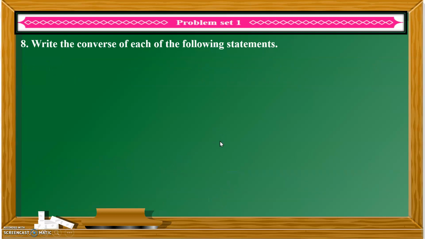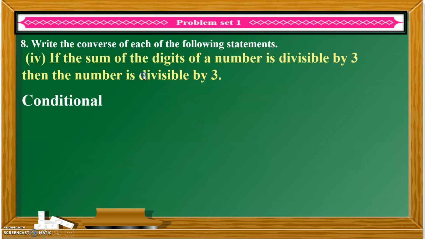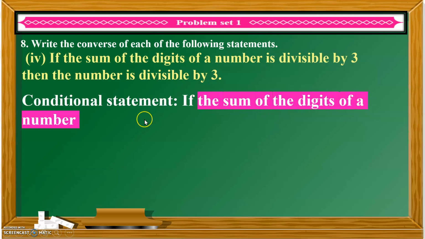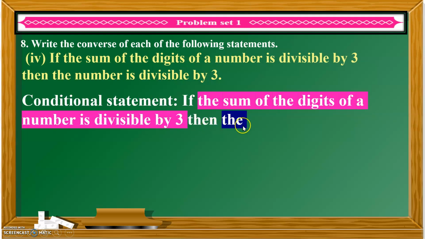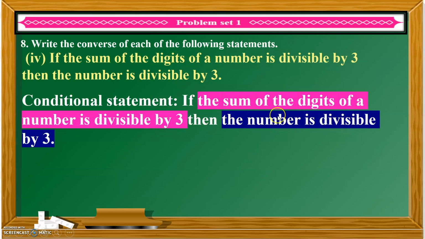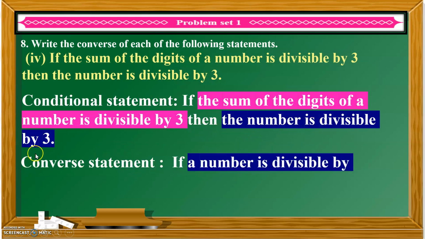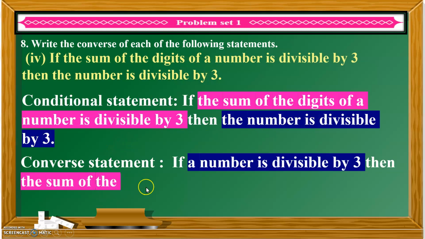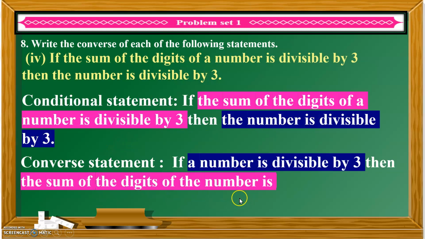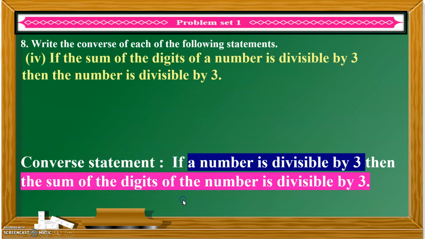Let us take the next question, which says that if the sum of the digits of a number is divisible by 3, then the number is divisible by 3. Okay, this is a test of divisibility for 3. So let's write the converse statement now, which says that if a number is divisible by 3, then the sum of the digits is divisible by 3. Now the question itself is a conditional statement, so while writing the answer I will not be mentioning the conditional statement. That was again for explanation purpose. Hope this is clear, students.